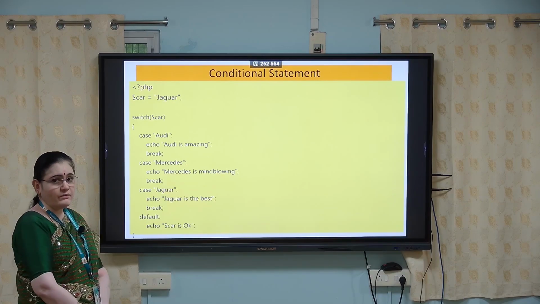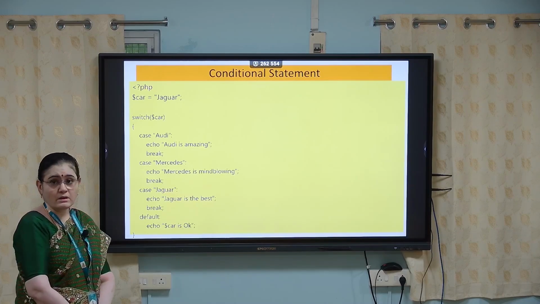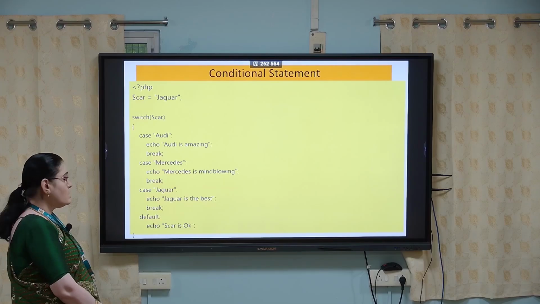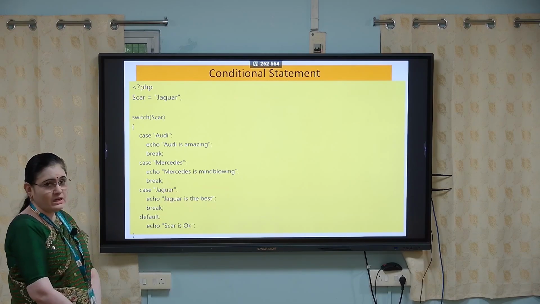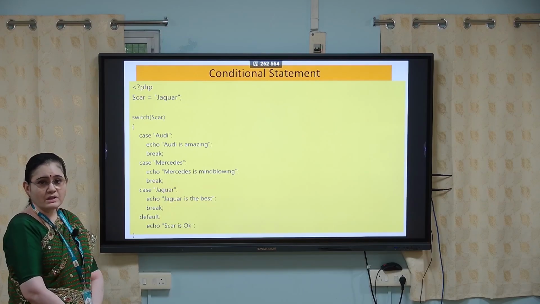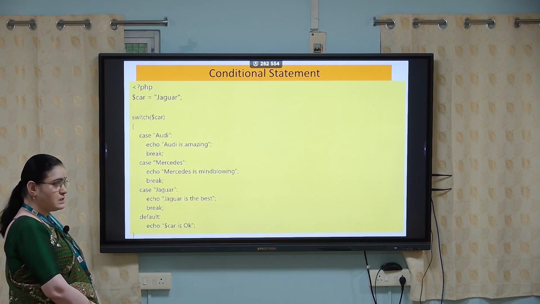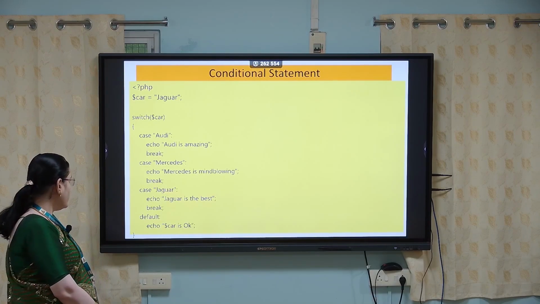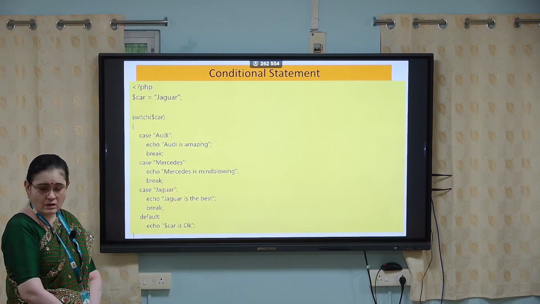Here I am assigning a variable named car with the value Jaguar. I am going to check the value. Switch of $car. Okay. So here in the first case I am checking whether it is Audi. As the value given is Jaguar, this case is not true. And in the next case I am checking Mercedes, and here also the condition is not true. So the next case is given as Jaguar,